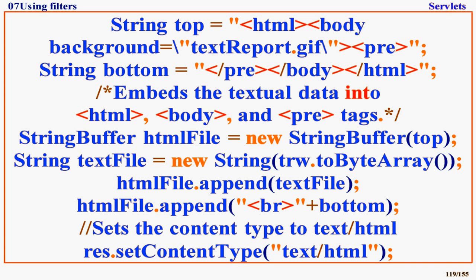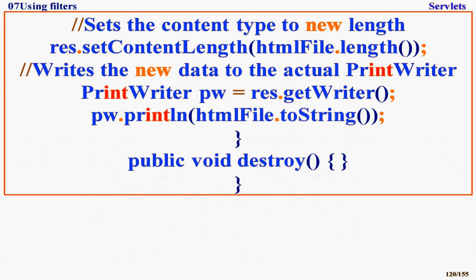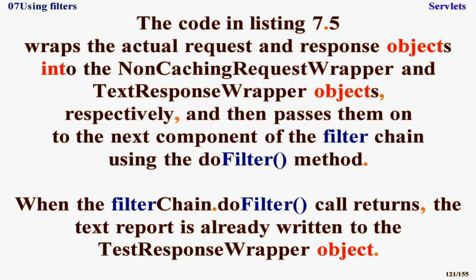// sets the content type to text/HTML res.setContentType("text/HTML"); // sets the content length res.setContentLength(HTMLFile.length()); // writes the new data to the actual print writer PrintWriter pw = res.getWriter(); pw.print(HTMLFile.toString()); } public void destroy() { } The code in Listing 7.5